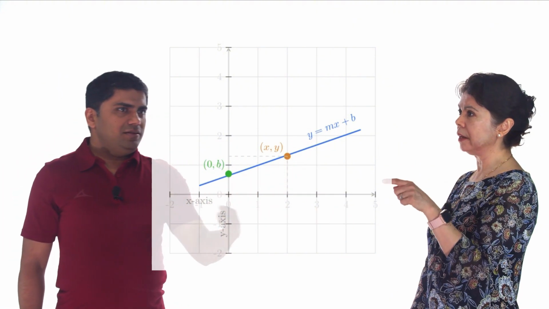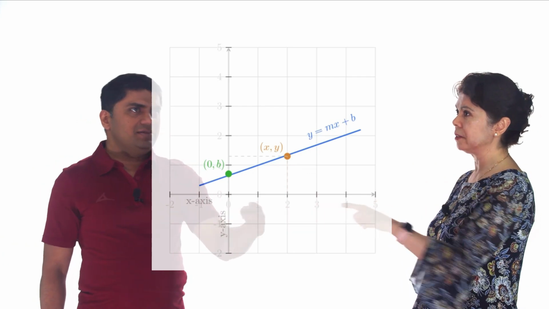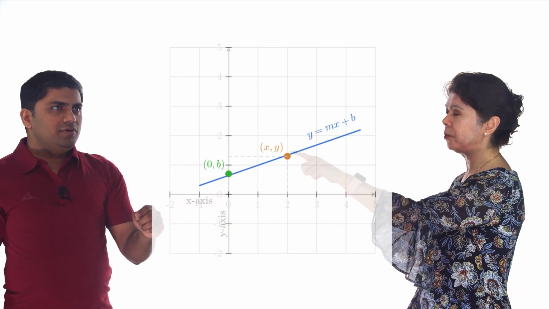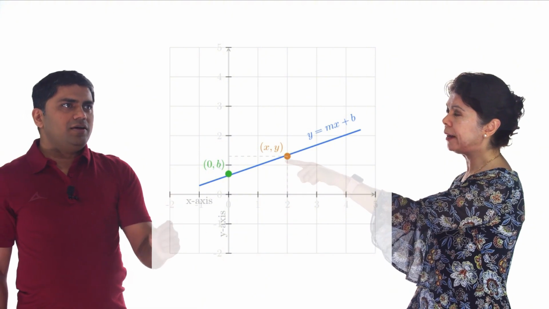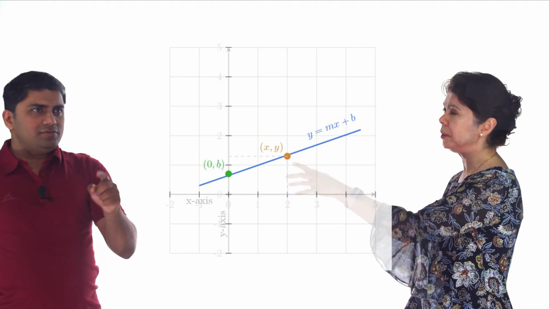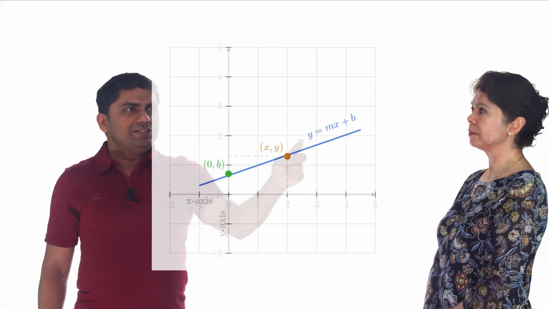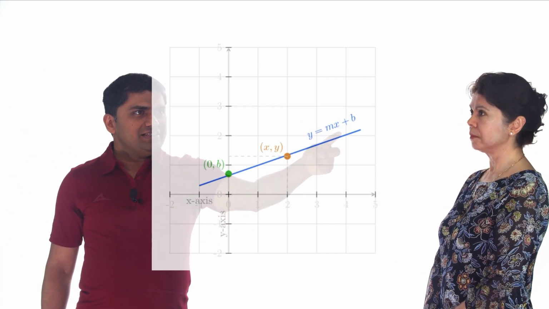X is the value. X-axis, no? Yes, the x-axis. So in this case, for example, this orange dot would be 2, and then y would be like 1.3, 1/3 something. So you understand everything here, no? Yes. So y is the dependent variable and x is the independent variable.